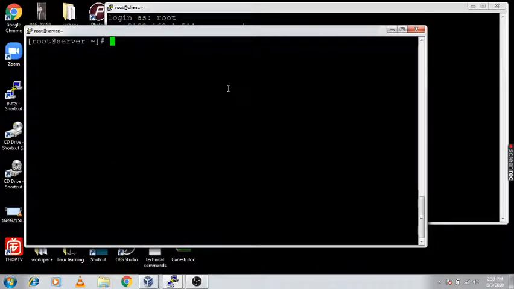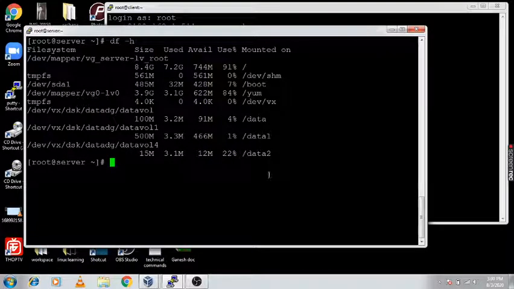I am Ganesh. Today we are talking about Veritas Volume Manager, how we can grow and how we can reduce the volume size of the disk. In the environment, the major activity performed under this volume is the resize of the volume. Whenever the disk or volume is full, I have created the file system under Veritas Volume Manager, that is data volume 4.